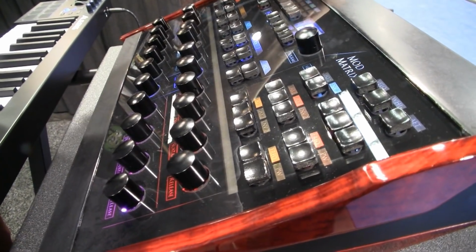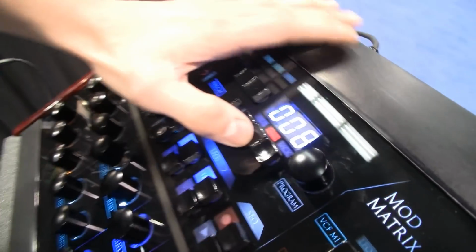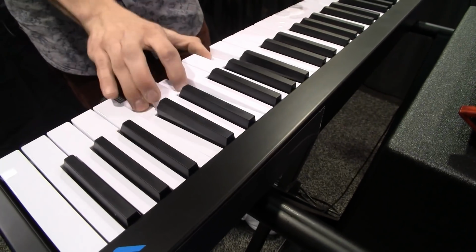then we can layer on top of that. You just hit the system up here and hit dual. You can layer that sound with another sound. So you've got a little muted string sort of thing. Exactly, yeah. Bells and strings. So if I open up the cutoff on that, we get...